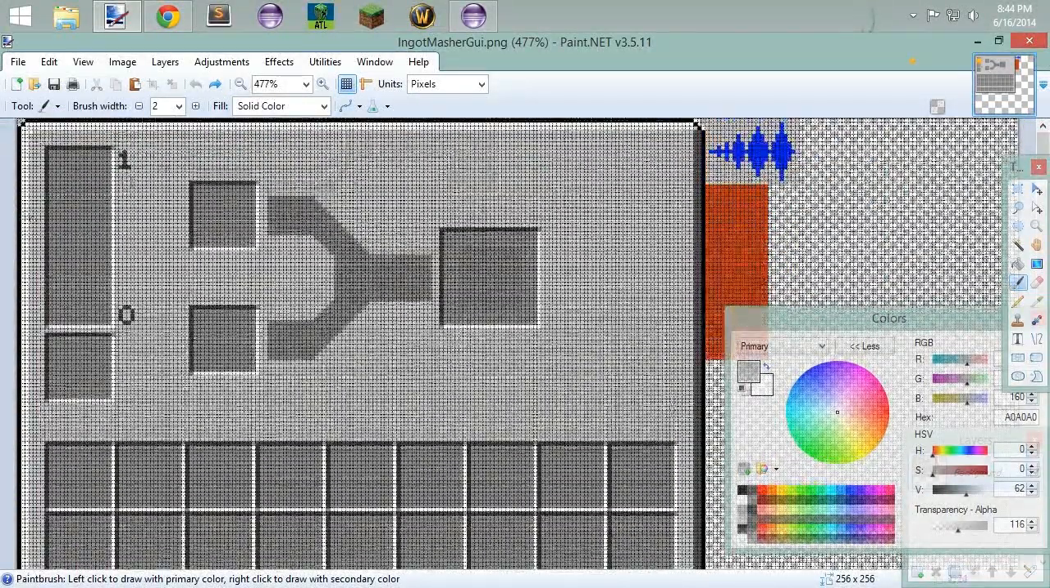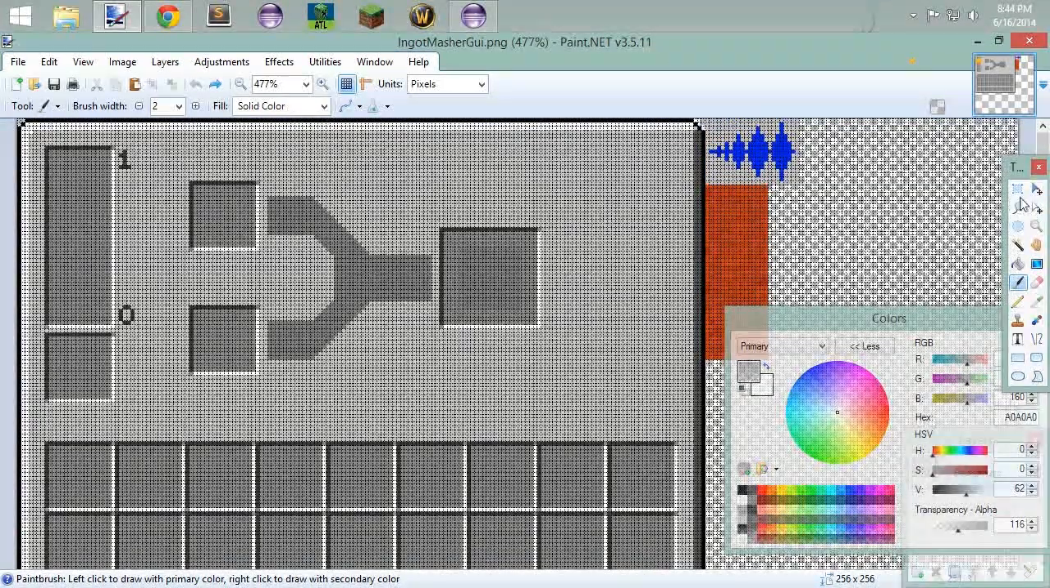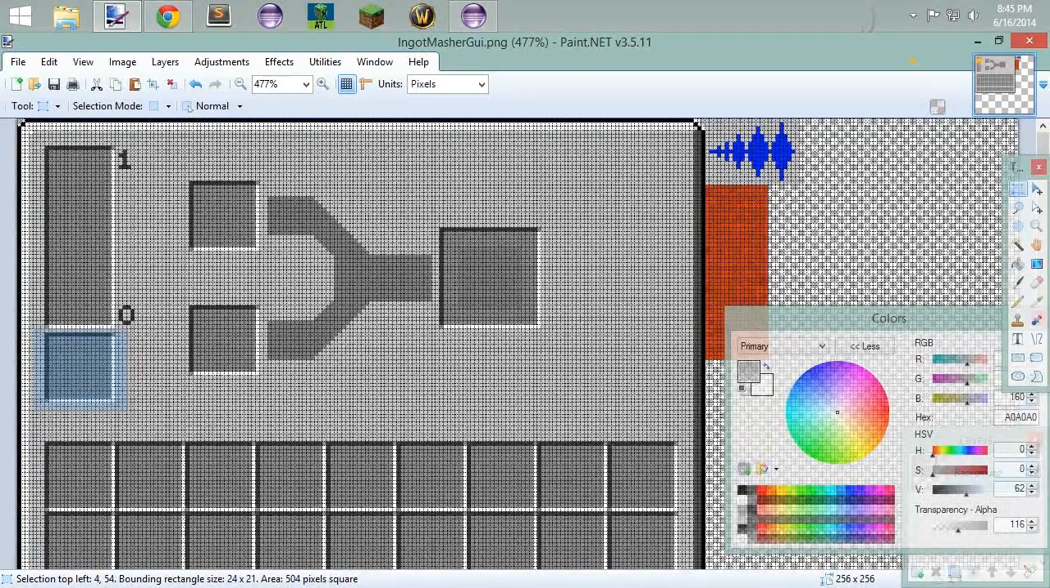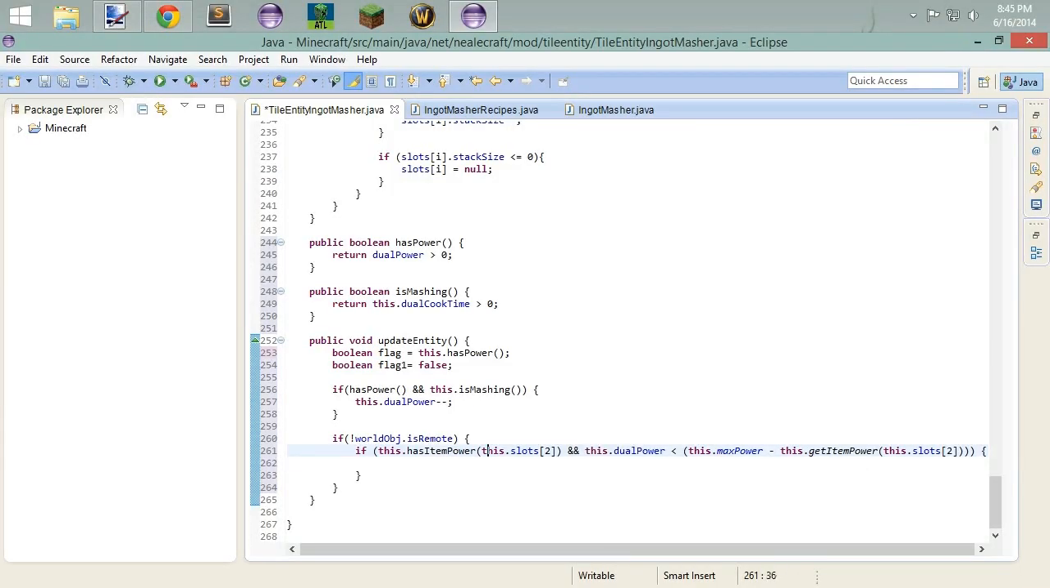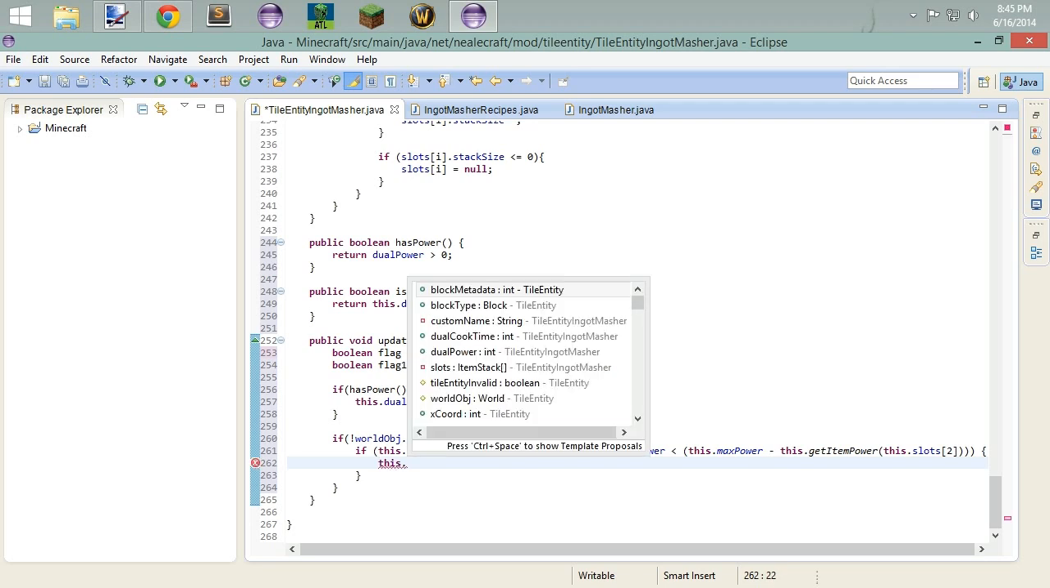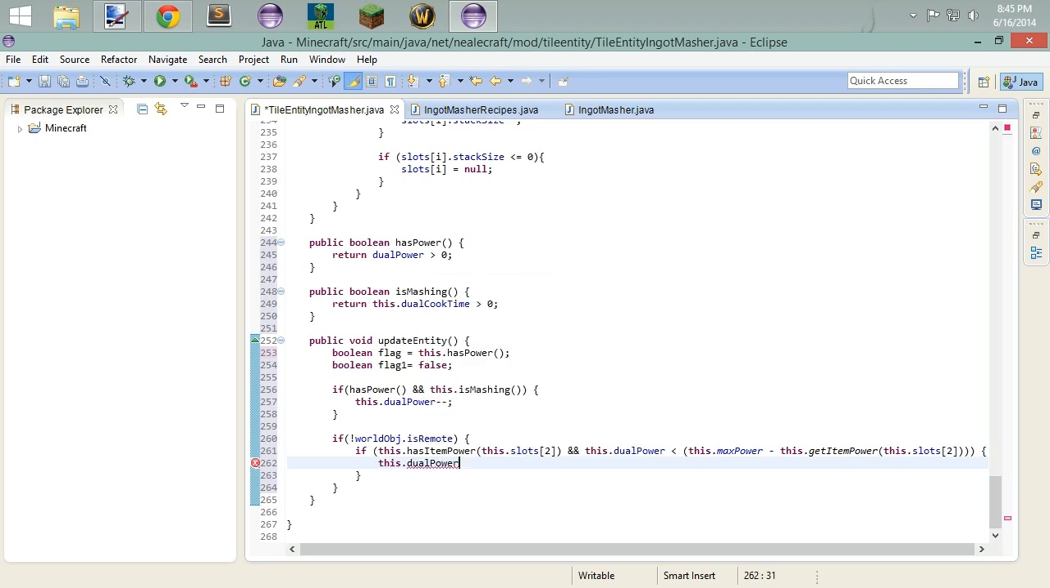So does slot 2 have anything in it? Which is right here. Or this dot dual power, which is essentially the value of this, does that have anything? Right? So if it's less than the max power and the get item power, then what are we going to do? We're going to say this dot dual power plus or equal to get item power,